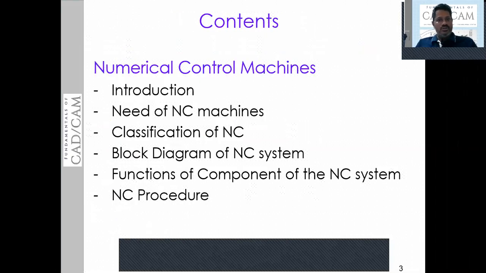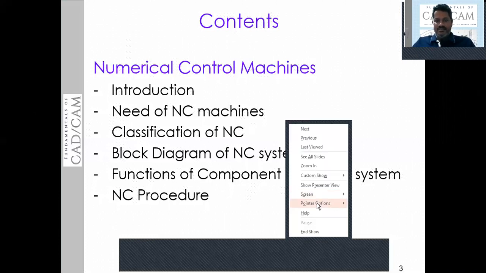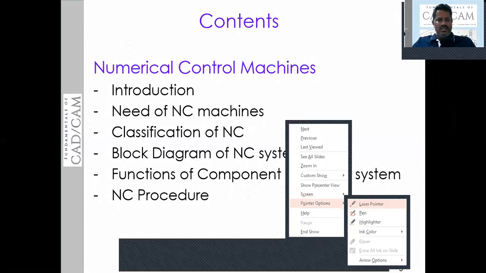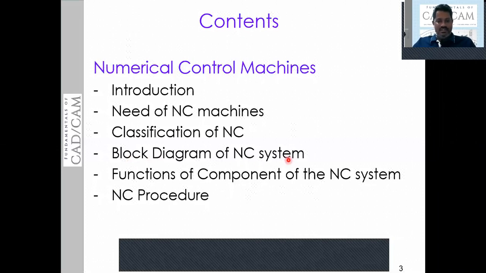Let me quickly go through the contents covered in this slideshow. This slideshow is going to cover the numerical control machines. The contents of numerical control machines include the introduction, need of NC machines, then we have the classification. Then we will see the block diagram of numerical control system.